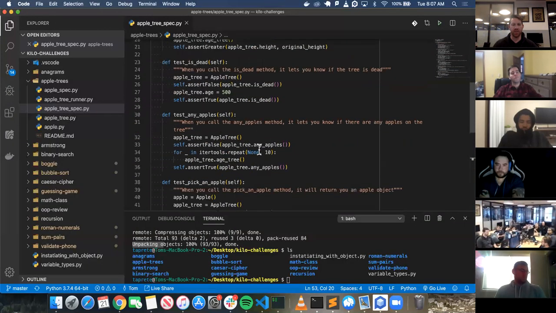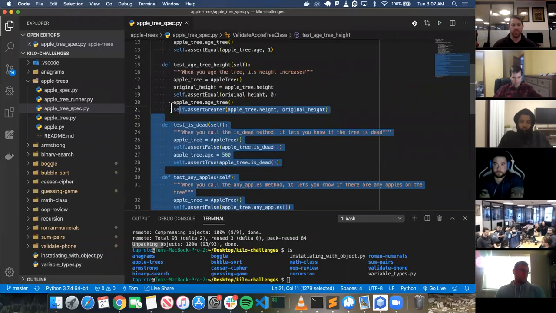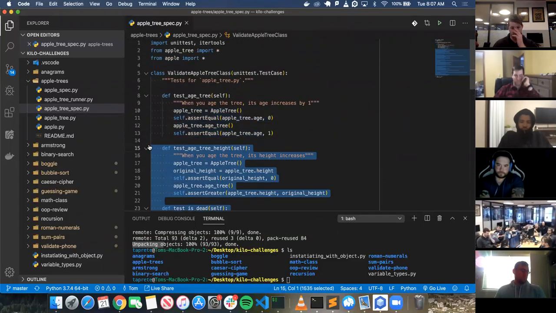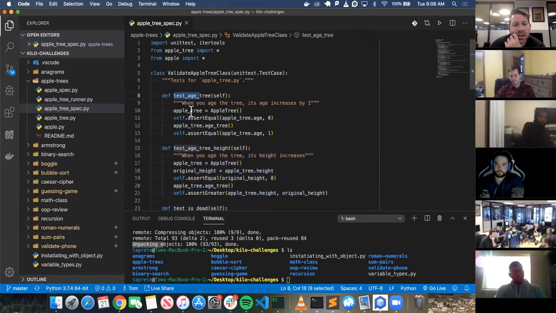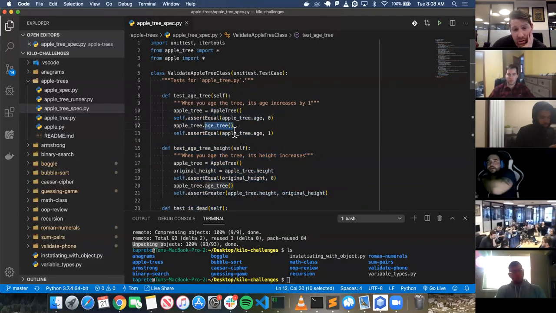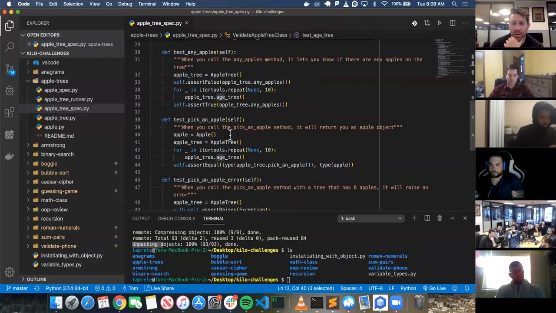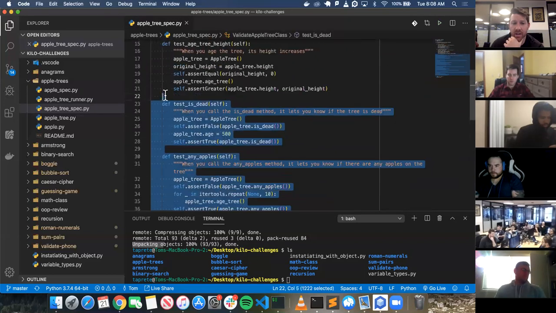So I've got this apple tree spec file. I'm just going to comment all this out. I'm just going to look through that spec file to see what else we need. So apple tree, all right, here's the apple tree class. Here's an apple tree instance. Apple tree.age equals 0. So here's that instance variable. So it looks like we need an age tree method. And so when we age the tree, it increments the tree age by 1. Cool, let's go ahead and comment that out, and let's try to get that